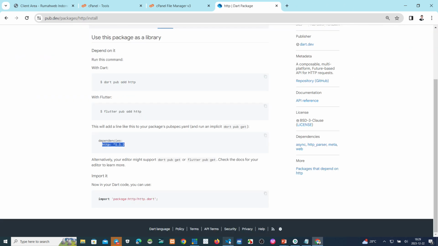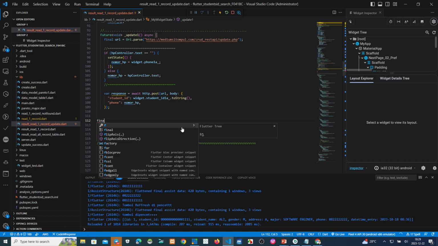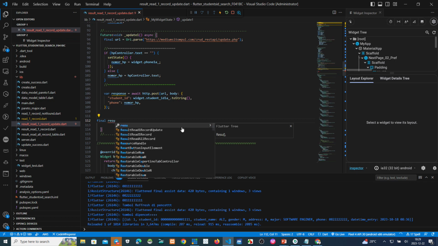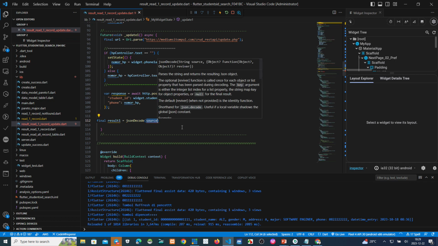Okay, now on the Flutter, we receive the backend. Okay, final result one, this JSON decode, response dot body.